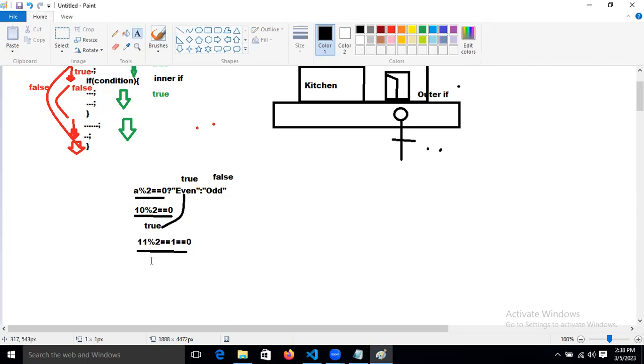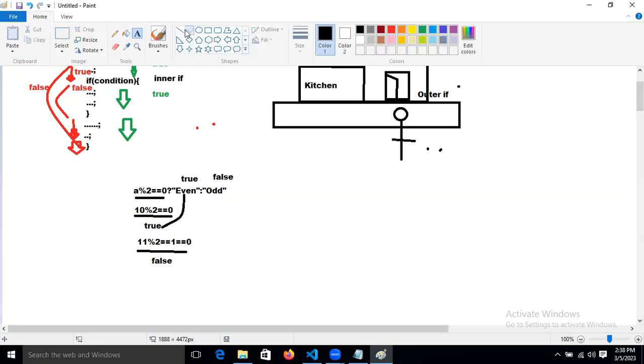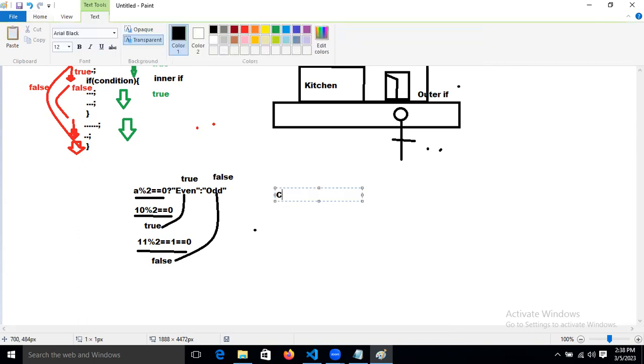If this condition is becoming false, then which block will execute now, guys? This one, odd. They will get odd, the false statement. Then the second one will execute, meaning the false part will execute. So how is our ternary operator working now, guys? The ternary operator is working as a